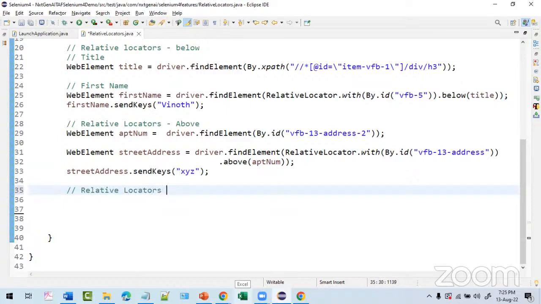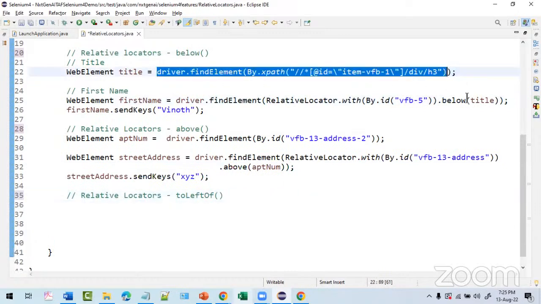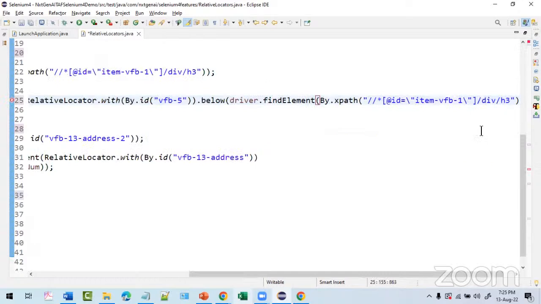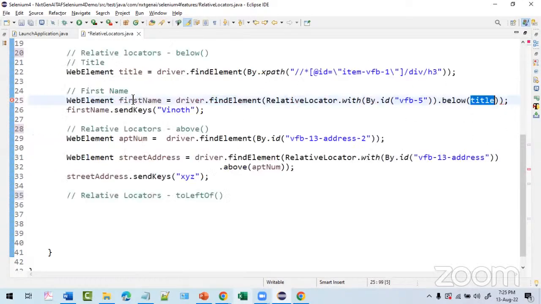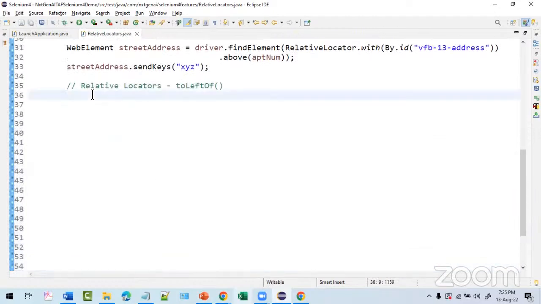Relative locators. Maybe two, left of method. All of these things are methods. See, it's a method with brackets. You can see now. See, it's a method. We have to pass that object. Directly don't give it like this here. Such a worst coding practice that no one will understand what this is. Don't do that. Always initialize it. Your code will be read by someone after some years. Okay. Now,